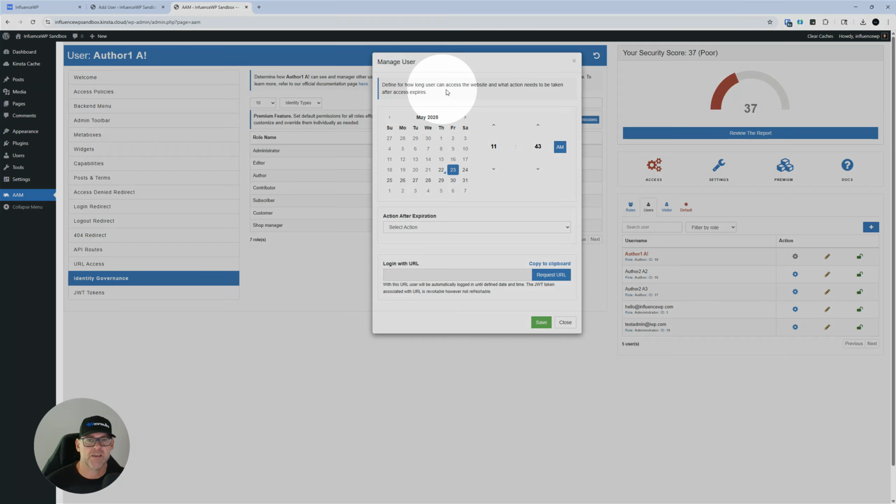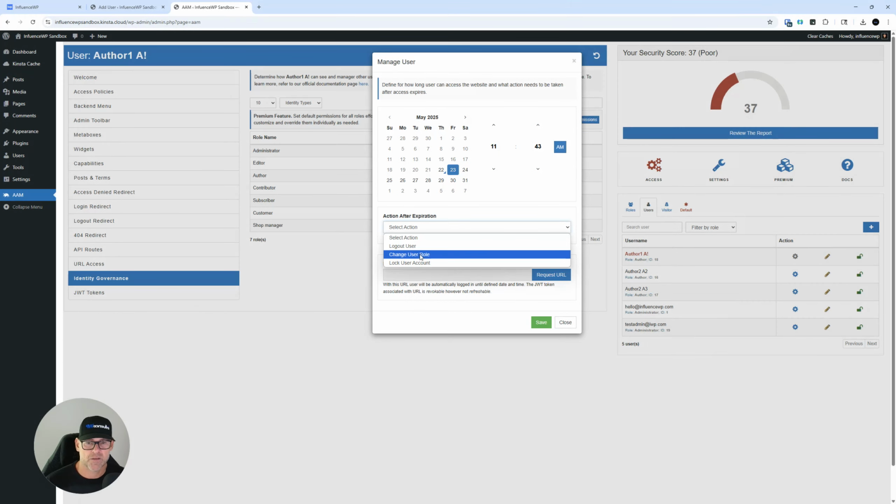Define how long a user can access the website and what actions can be taken, and then it expires. This is absolutely wild. What happens after the expiration? Log them out, change their role. Oh my gosh, I'm geeking out a little bit here because I could think of so many cool things that this solves or things you could do. That's wild. Actions after expiration: log them out, change the role,